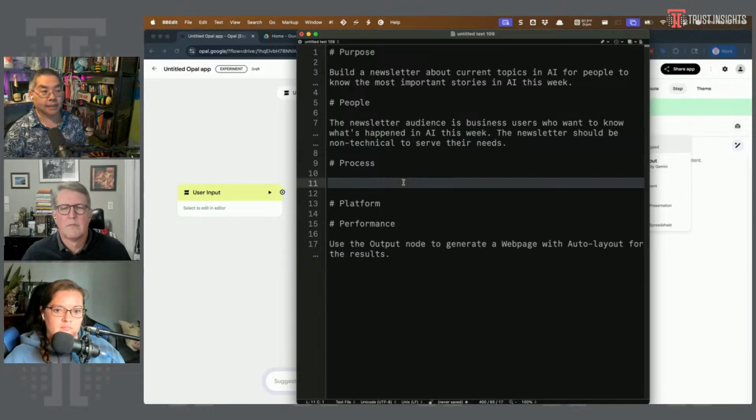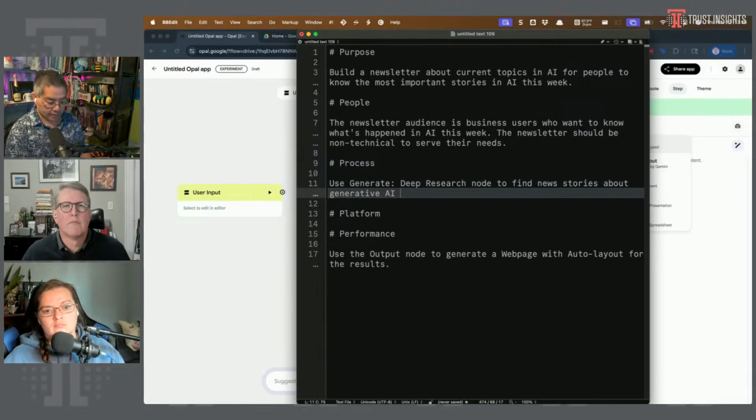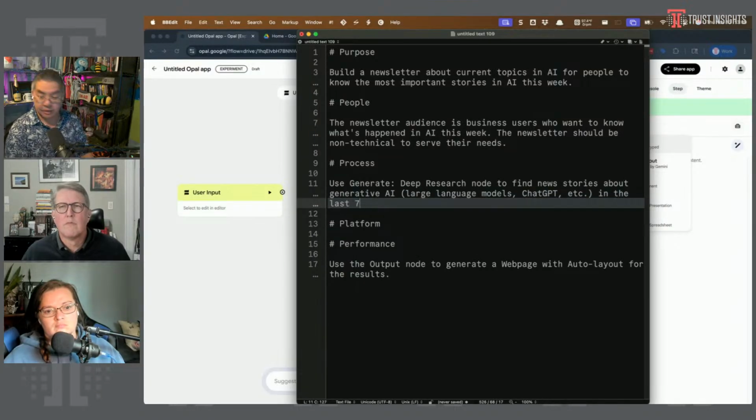The process: use the generate deep research node to find news stories about generative AI, large language models, ChatGPT, etc. in the last 7 days